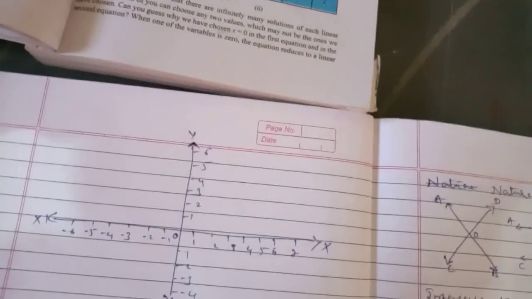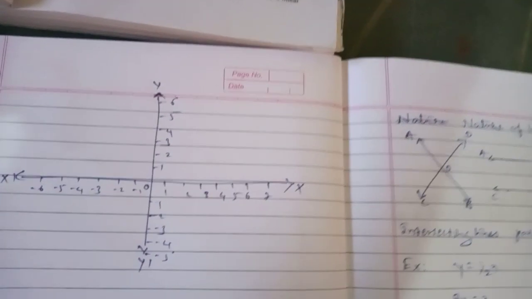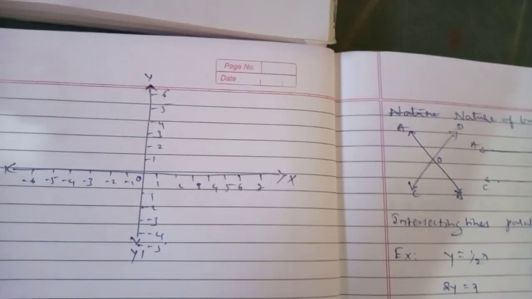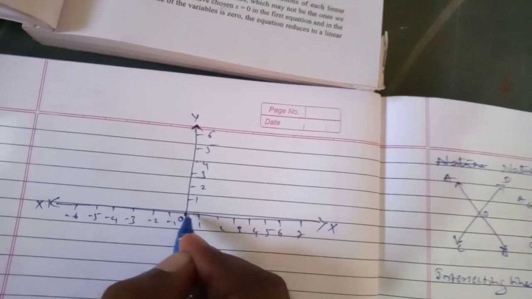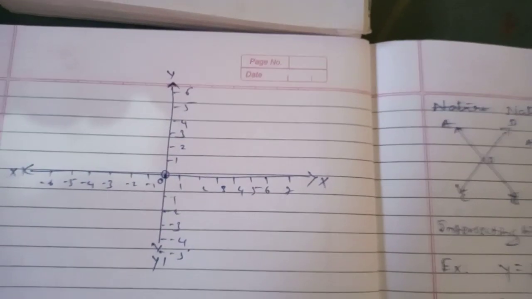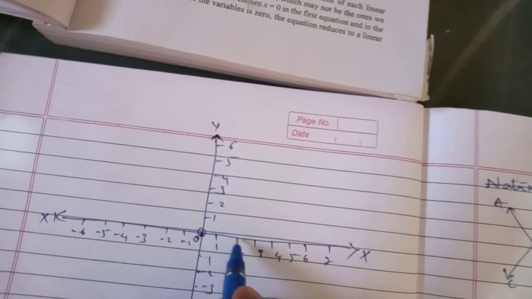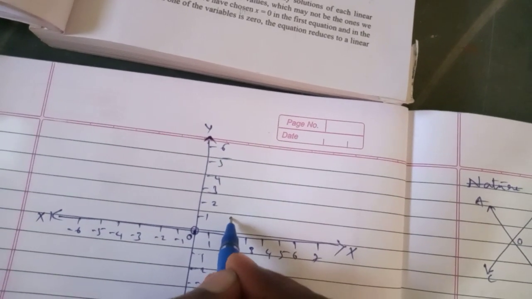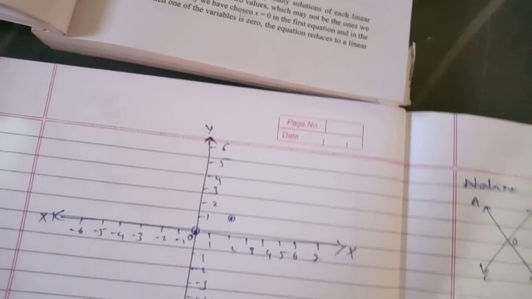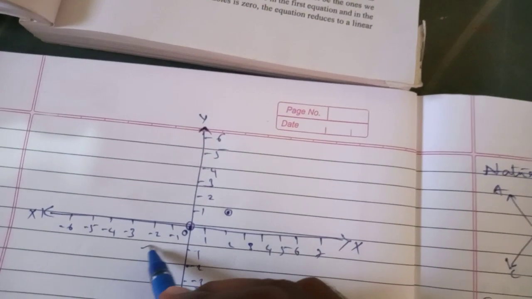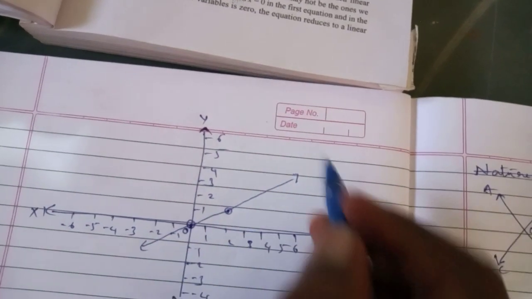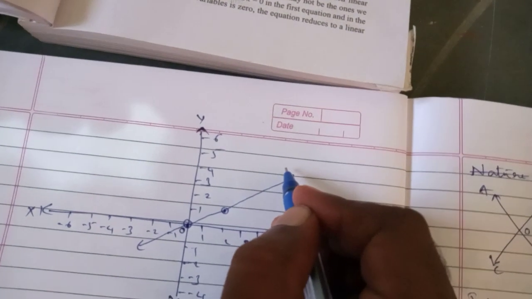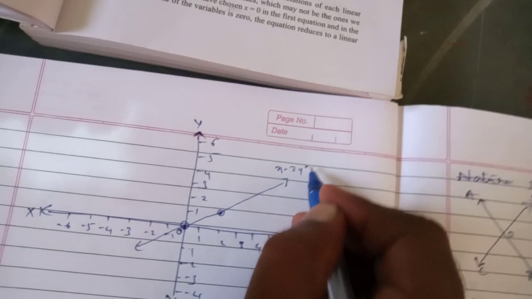Okay, yes, you have to draw the straight line, that is, draw the graph of this solution. You have to mark 0 comma 0, and then 2 comma 1. This is 2, and this one is 1. You have to draw one straight line through these 2 points, and you will get a line like this. This is equation number 1: x minus 2y is equal to 0, right?